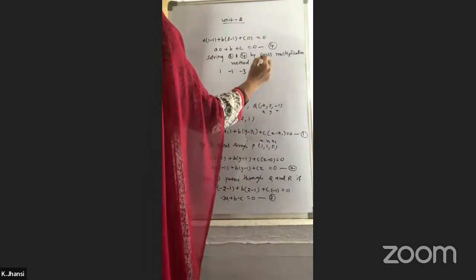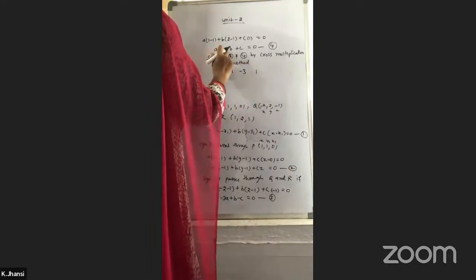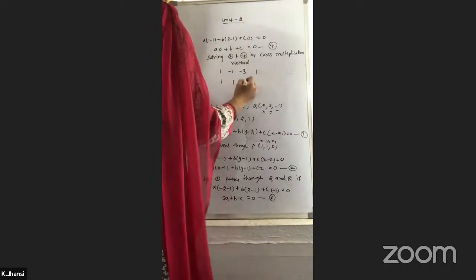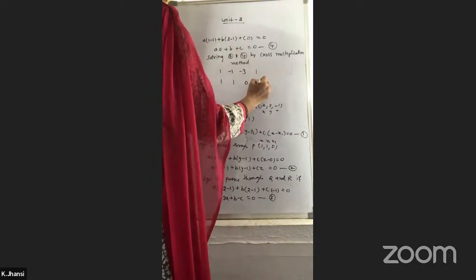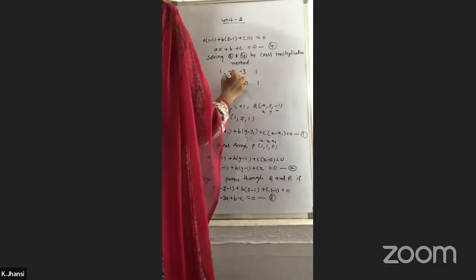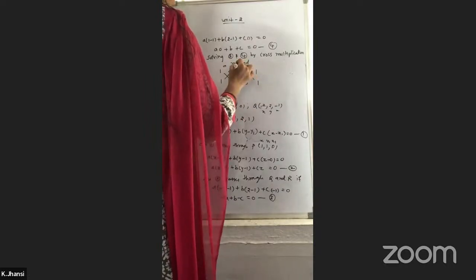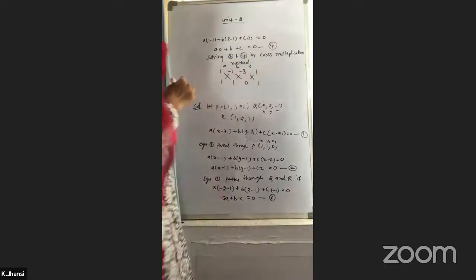Again B, we have to repeat it. So here the B value is 1, that is the B coefficient, the C coefficient is 1, and the A coefficient is 0, and again if you take the B, it is 1. Then if you do the cross multiplication of this, here you will get the A value, here the B value, here the C value. So if you simplify that,